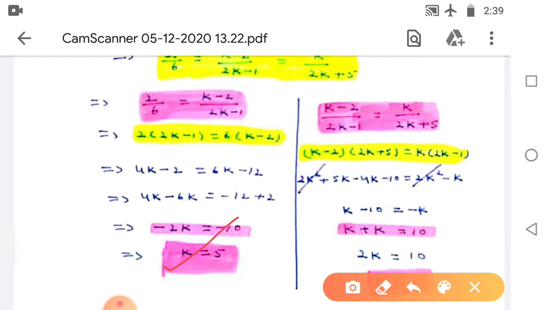Taking the last two equalities, that is (k minus 2) upon (2k plus 1) is equal to k upon (2k plus 5). Now cross multiply it. When you cross multiply, we get (k minus 2) into (2k plus 5) is equal to k into (2k minus 1). So here, this is 2k square plus 5k minus 4k minus 10 when you multiply these two terms, and then when you multiply k with (2k minus 1), we get 2k square minus k,